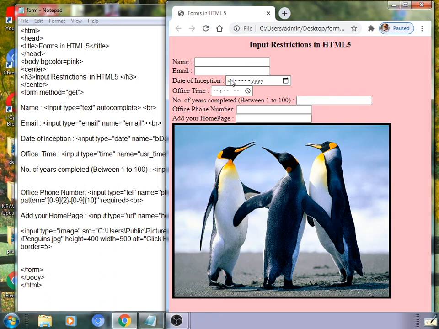So, all those are form elements in HTML5. Basically, we have seen them previously practically as well as theoretically. Then we saw restrictions for such elements theoretically in the last lecture, and now we have seen such input restrictions for form elements practically. Thank you.